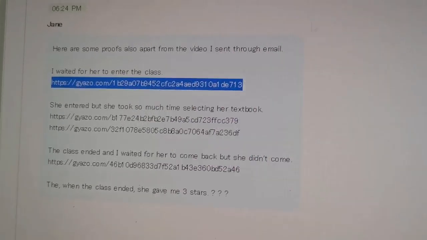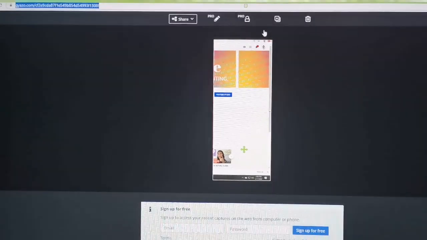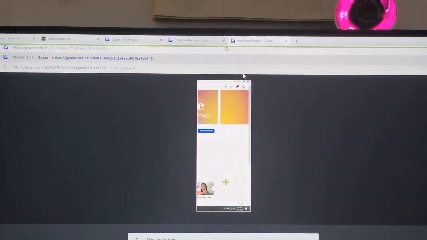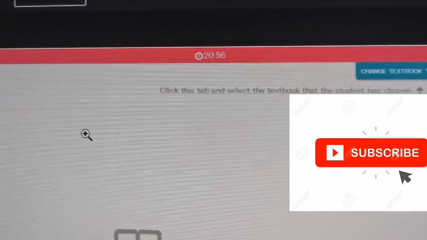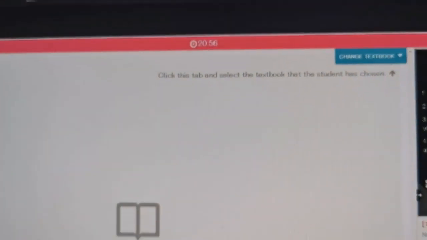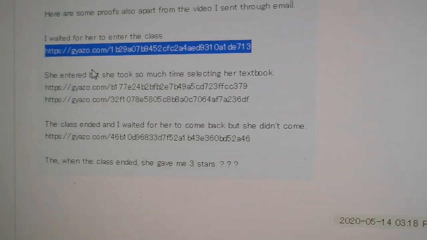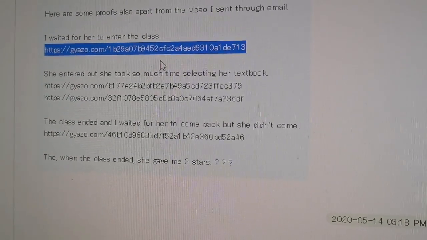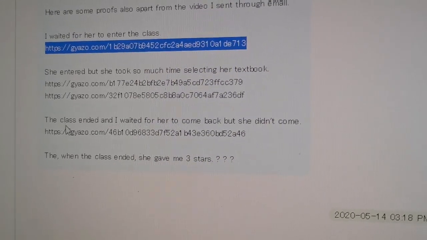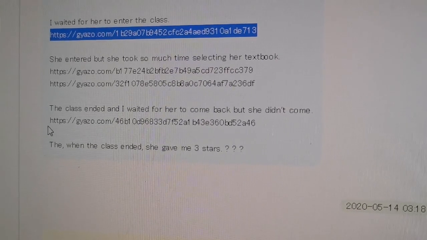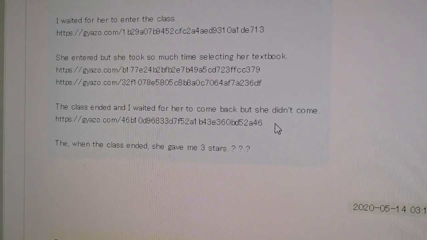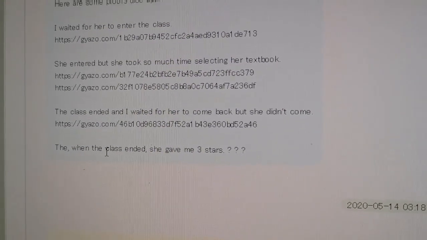Let's try to open this. So there, it's 20 minutes, and then I have another message for when she entered, but she took time selecting her textbook. And then the class ended and I waited for her to come back, but she didn't come. And this is another screenshot of the class.